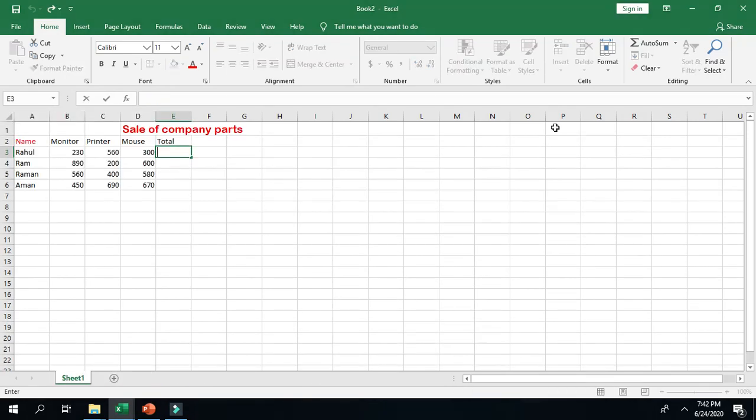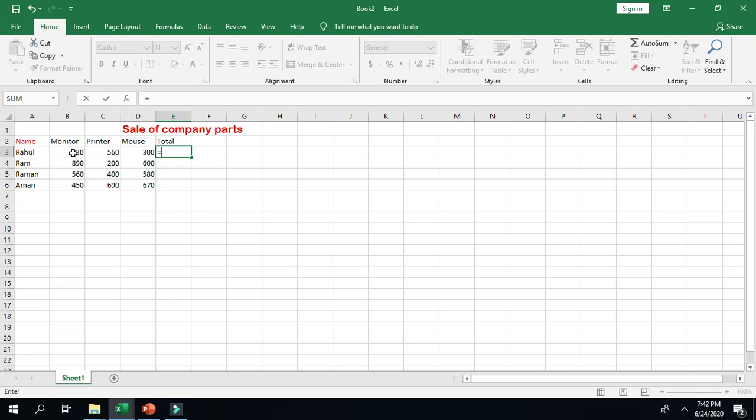Our next topic is creating a formula. In Excel, formulas are used to perform various types of calculation, and each formula in Excel begins with an equal to sign. To create a formula, firstly we will click in the box where we want to enter the formula, then we will type an equal to sign. Then suppose we want to add these two numbers.